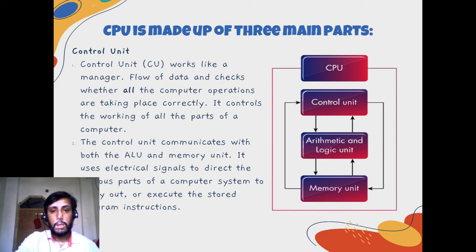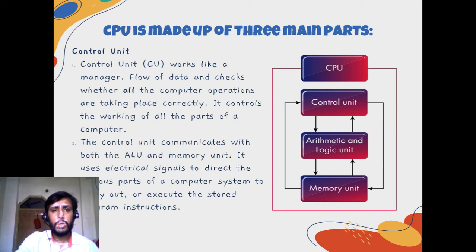Once things are done from the keyboard or mouse, they will be taken care of by the control unit. The control unit will take your information to the arithmetic and logic unit where it will be processed, and once it is processed it will go back to the control unit. The control unit again passes that information to the memory unit or to the VDU, meaning visual display unit, or you can say your monitor.